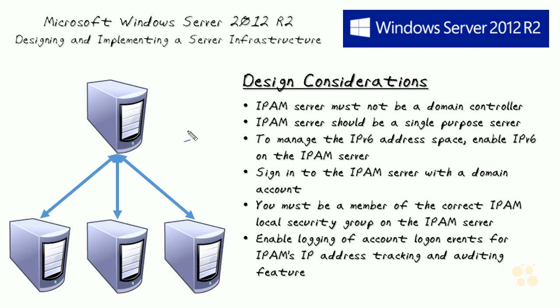A couple of other things is how many, everyone always wants to know, and this can sometimes be one of those testable things, how many DHCP servers and DNS servers can I handle? Well, you can handle 150 DHCP and 500 DNS per IPAM server. Okay, so a single IPAM server can do up to 150 DHCP servers, that's a lot, and 500 DNS servers, which makes sense. You will usually have more DNS servers because obviously with your domain controllers needing access to that and, you know, Active Directory integrated systems and stuff like that,